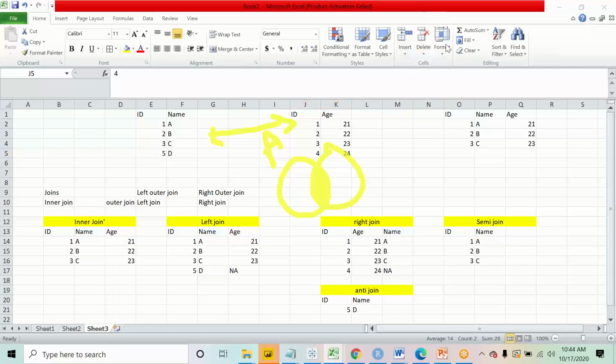Okay, right. So Sahil, when I was talking about the semi join, see, anti-join is giving you the data that is present in table 1 but not in table 2. Semi join gives you the information that is common between the two tables, but it will only give you the information from table 1. Only the columns of the first table, because if you get the columns of the second table also, if you get the age also, that becomes an inner join itself. So that is how semi join is different from inner join.